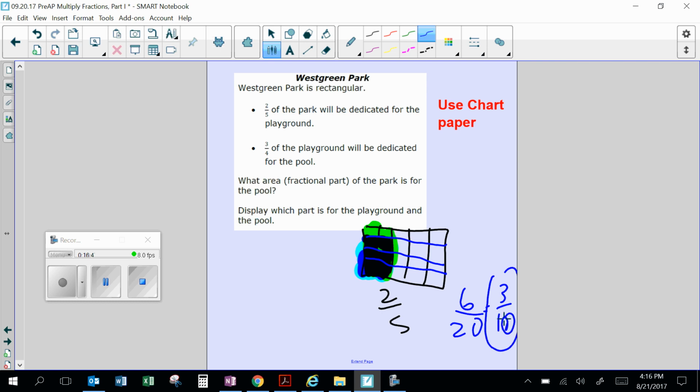Can I show it using the algorithm? So the park, 2/5 of the park will be for the playground. Of this playground, 3/4 of it will be used for the pool. 3/4 of means multiply. We're finding a fractional part. When you're multiplying by a quantity less than 1, the answer will be smaller. So if you multiply the numerators across, you get 6 over 20, which simplifies to 3/10. Does our picture model that? It does. And that's just how you multiply by